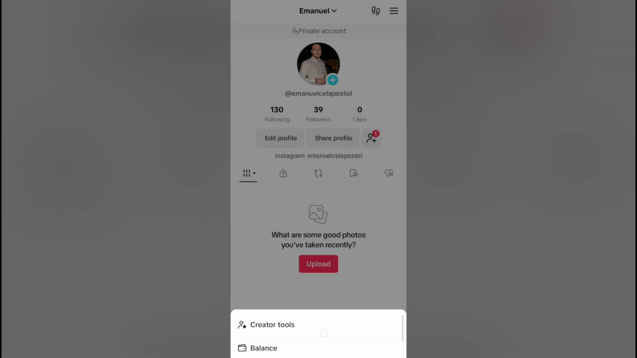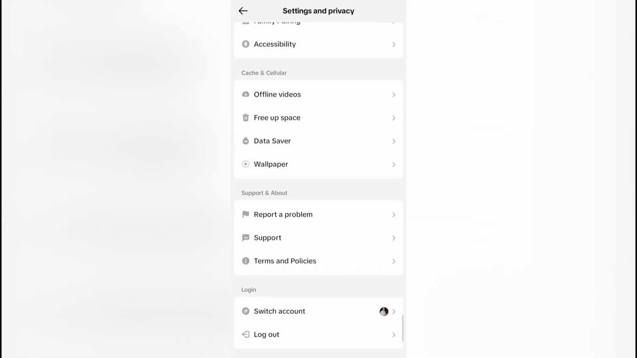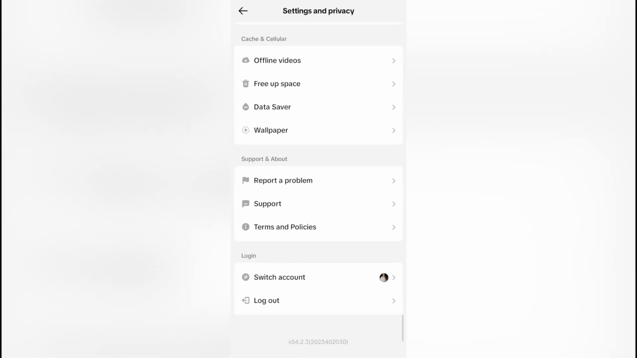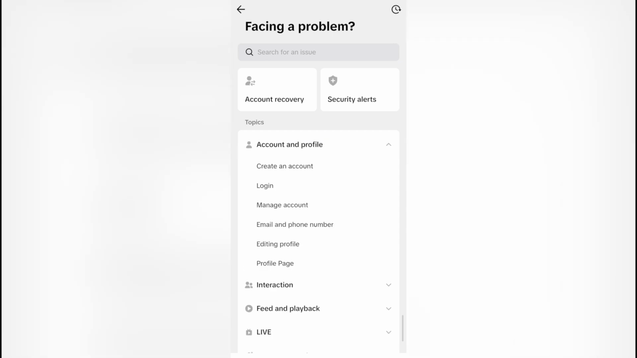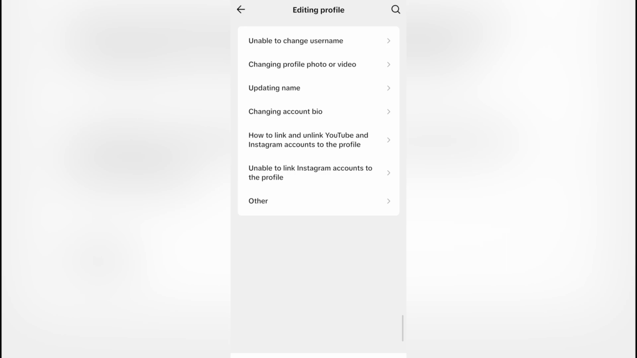If I tap on that and go to settings and privacy, and scroll all the way down, I can see that there is an option which says report a problem. So right here I'm going to select that option, and then select account and profile, and then editing profile. Then I'm going to select the very last option, which is other,